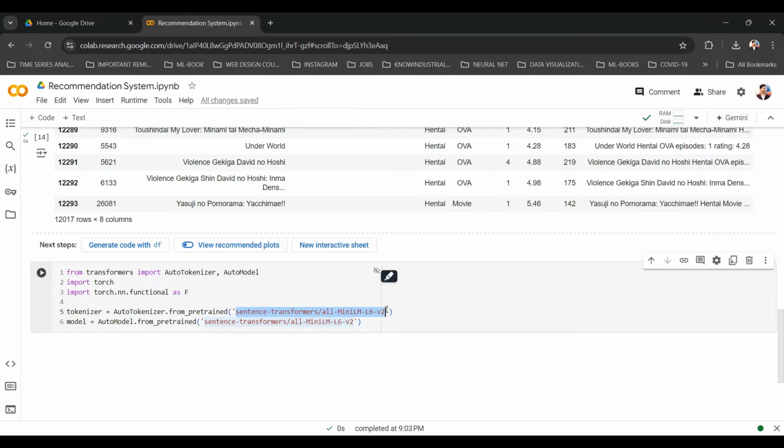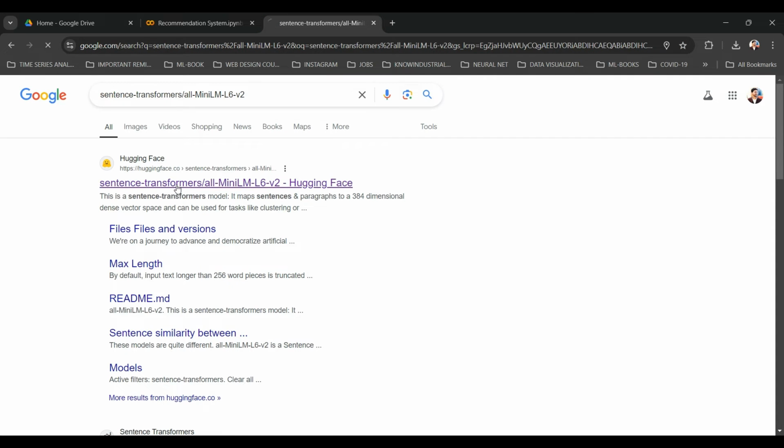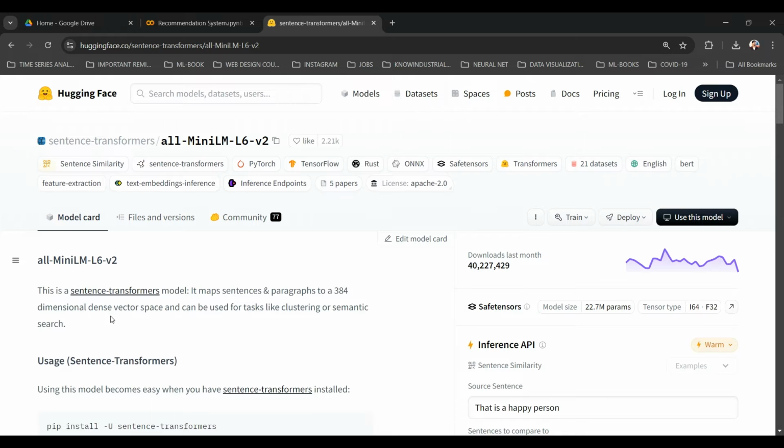Let us quickly look at this model to better understand what it does. Sentence transformers is the model that we'll be using. The sentence transformer model maps sentences and paragraphs to a 384 dimensional dense vector space. Just like I have said, it basically transforms a sentence into a vector.